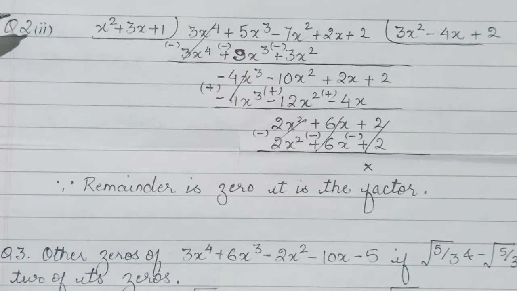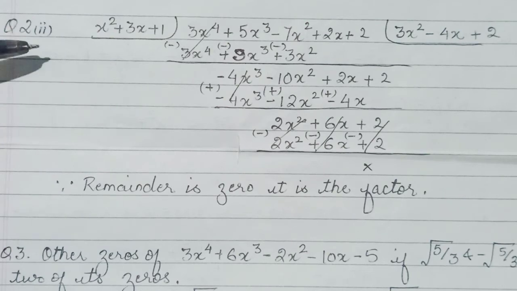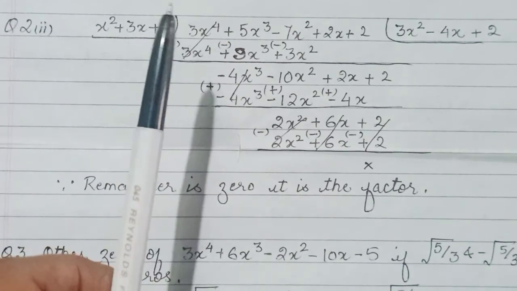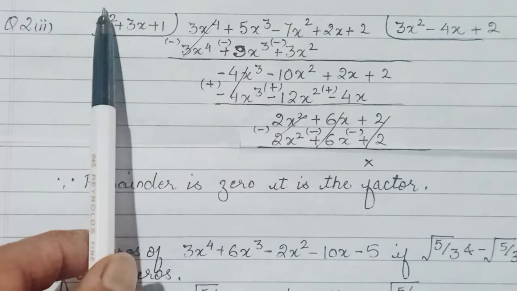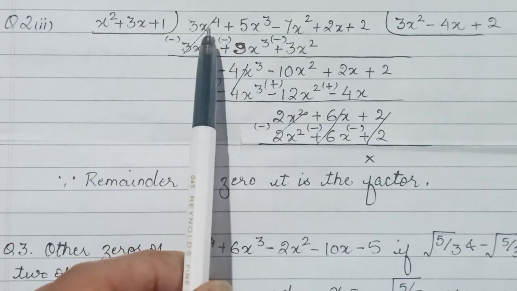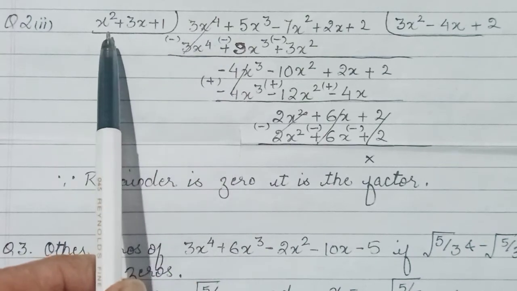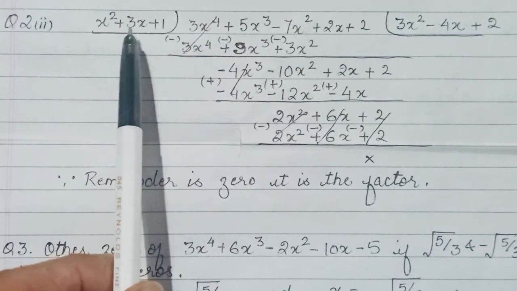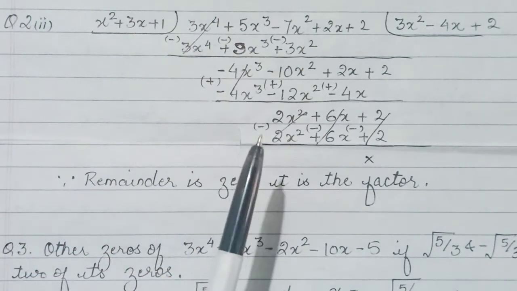Then let's cover question number 2 also here. There are 3 parts. I've left the first and third for you all to try, and one example I've taken here. In this question they were asking you to check whether this polynomial here is a factor of the other polynomial or not. Obviously the higher degree polynomial has to be divided by the smaller degree one. So we'll divide and check if it is a factor.